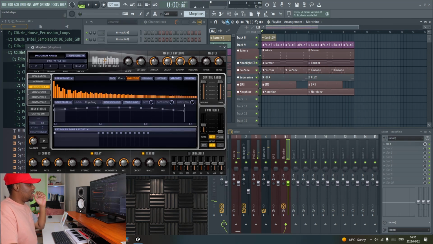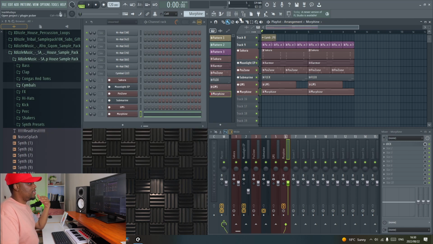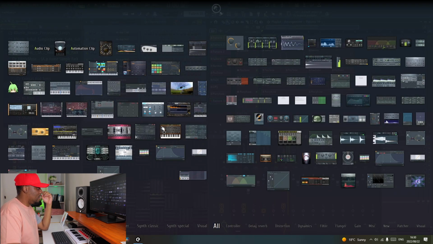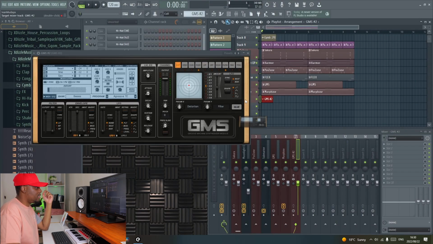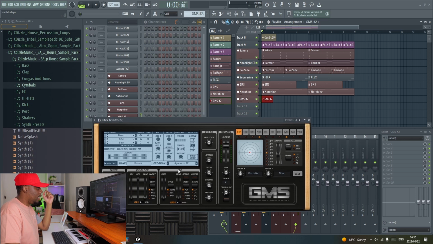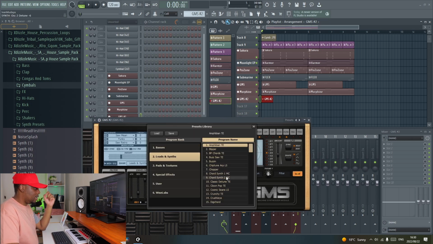And another thing that I was gonna say is, let's say you use this same technique, something that I also want to show you that's super cool about this workflow of adding plugins is, let's say if I add another plugin, let me throw something else on there that I think can work fine. Like let's say I throw on GMS, let me just use a GMS again, boom. And if I can throw something that's like a lead,